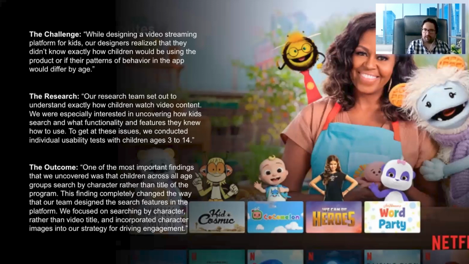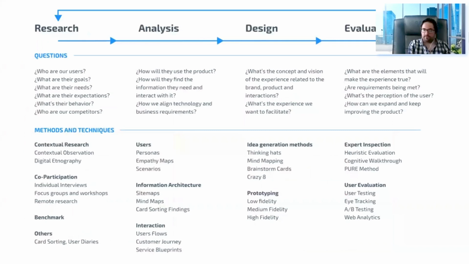And they were interested in uncovering how kids search and find things. How do they use this product from the searchability aspect? To get at these issues, they conducted usability tests with children between the ages of 3 and 14. And usability testing, as we were seeing in the techniques for the evaluation side,